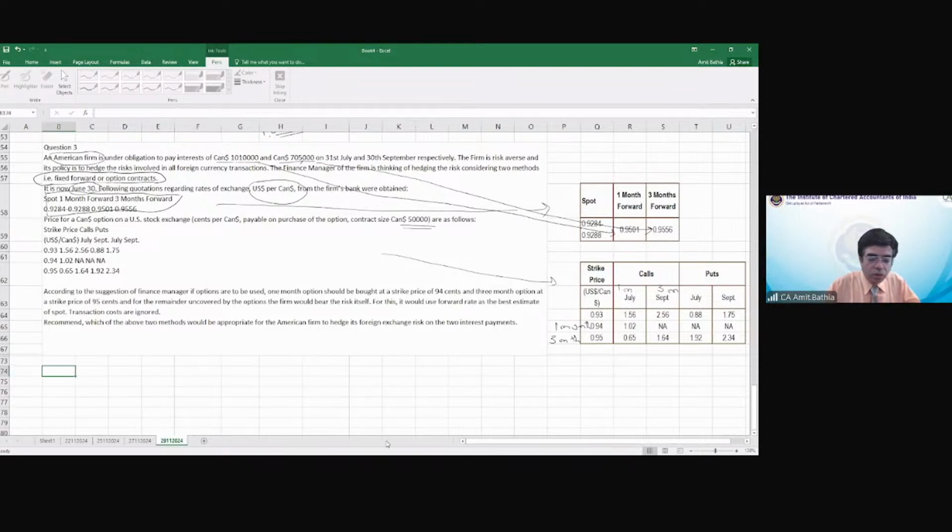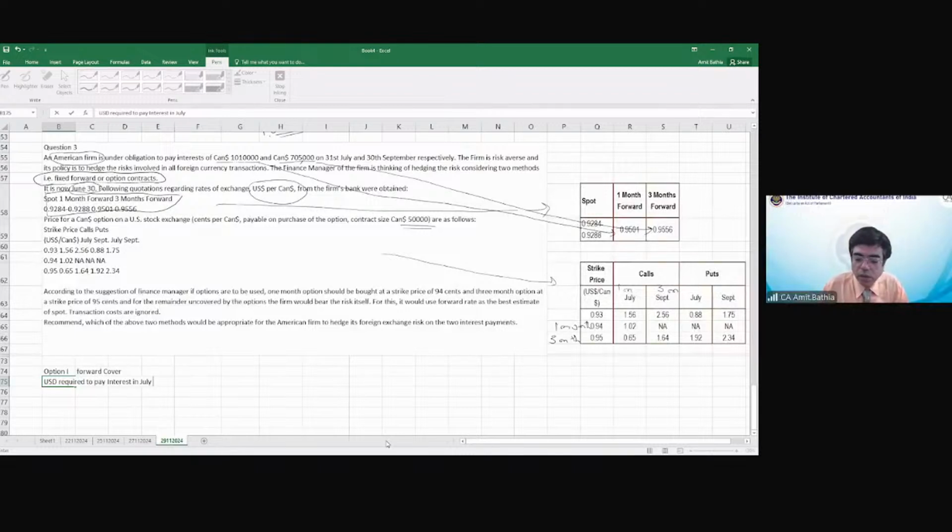All right. So option one is forward cover. So for the USD required to pay interest in